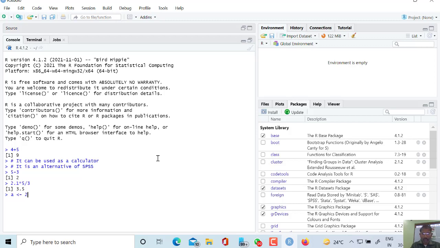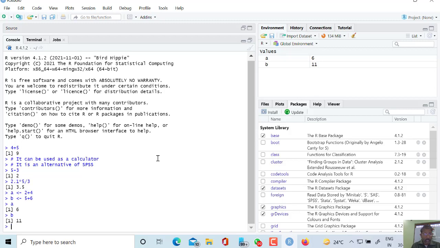Suppose I am storing some value like 2 plus 4 in A, and suppose I am taking variable b and storing 5 plus 6 in it. Let us check whether the variables have been stored or not. So let us check A. So 4 plus 2 equal to 6. The thing is working good. Likewise I can check B also, 11, that is good.